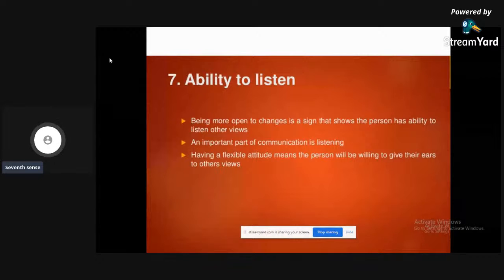One who has the ability to listen, or one who is willing to listen, such a person will get different solutions. Suppose you have a problem. How do you get different solutions?